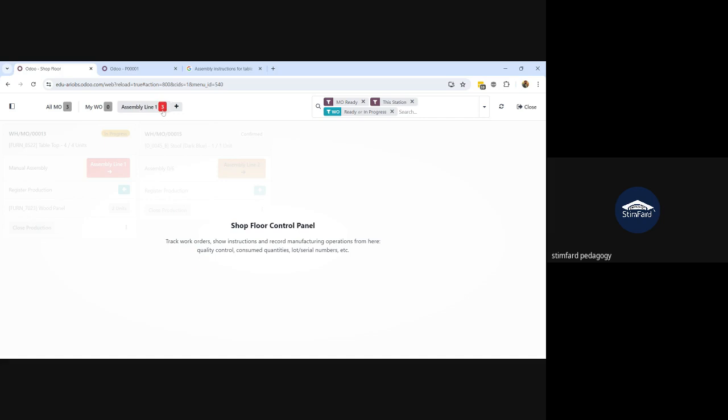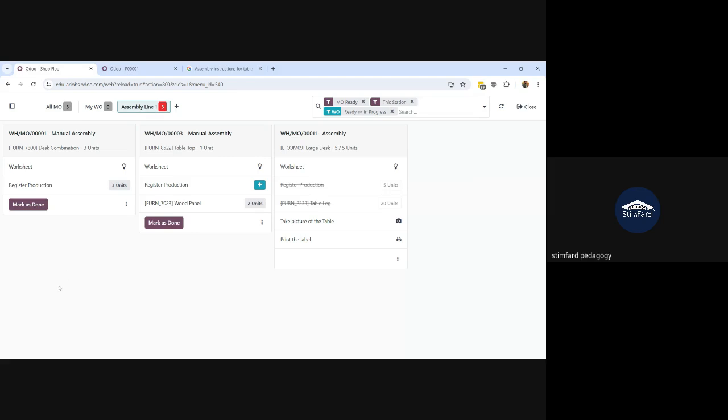So the assembly line 1 has 3 work orders that need to be performed. Okay, so I will go with mine. So here is my large desk. You can see here table legs have already been consumed, production has been already registered. So I need to perform these two quality checks on this level. Take a picture of the table and then print the label. So I will also click on this